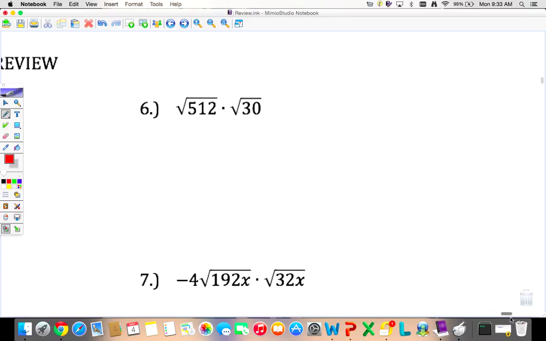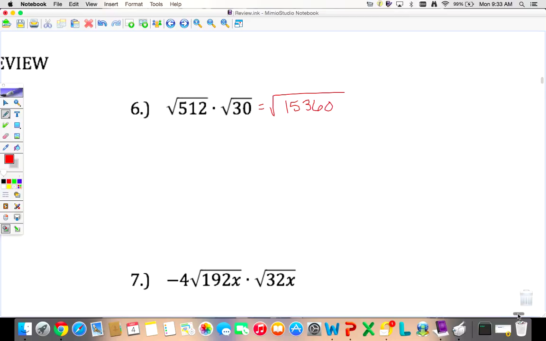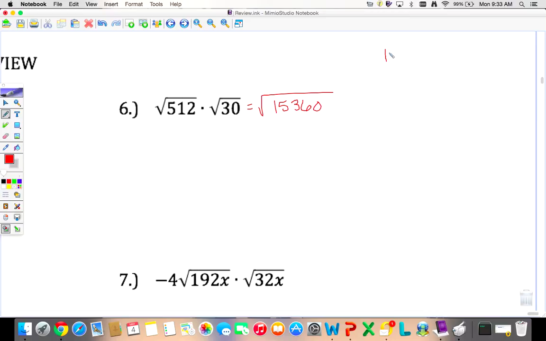Square root of 512 times the square root of 30. Okay, first thing we do is we're going to multiply 512 times 30. So 512 times 30, we get 15,360. Okay, so I have a feeling we're going to have a fairly long family tree,